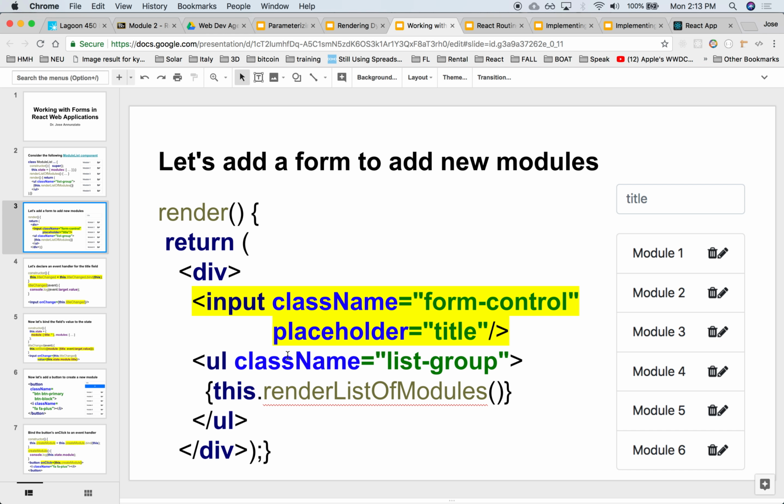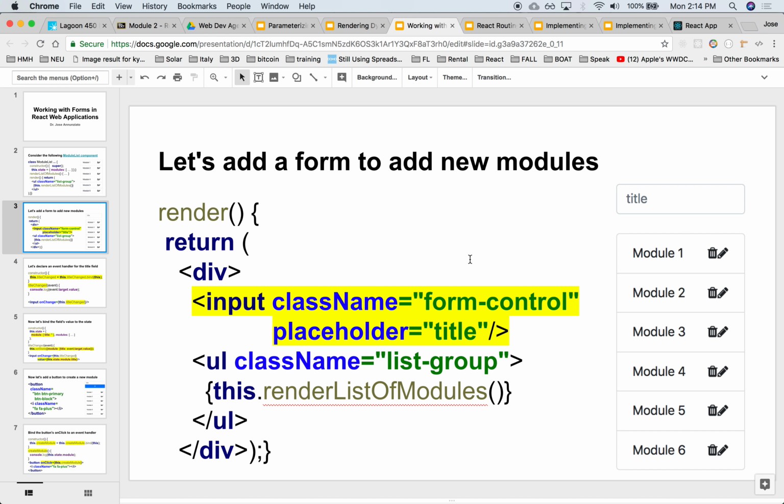And what we'd like to be able to do is add a form element, maybe an input field and a button, so that we can type the title of a new module, click on the button, and then push that new object onto the array. And hopefully the magic of React will see that the state has changed, and it will render the new array. It will iterate over it again. All right, so let's focus on the